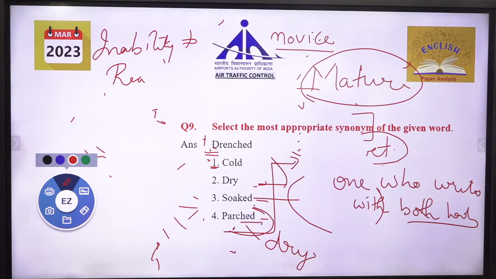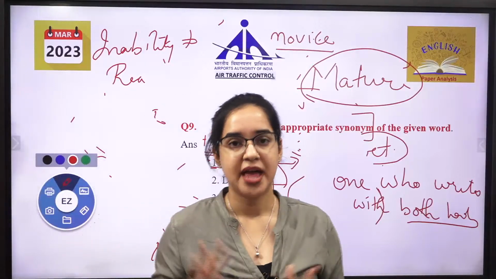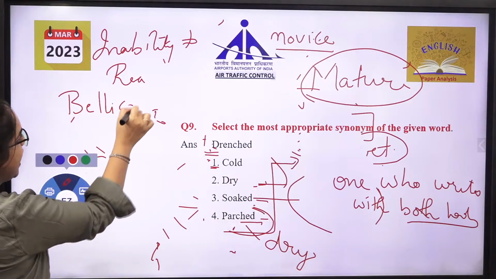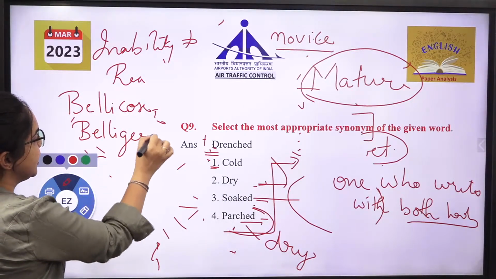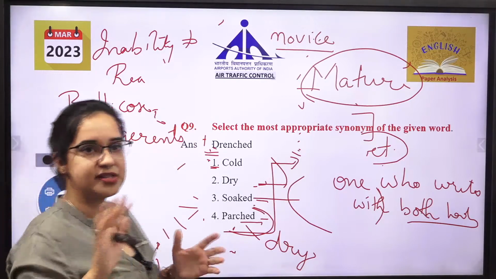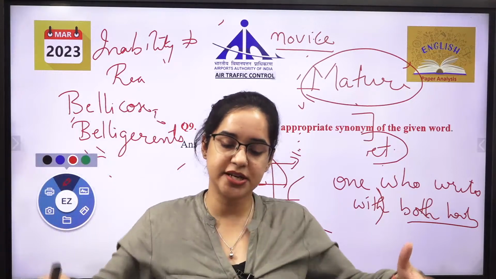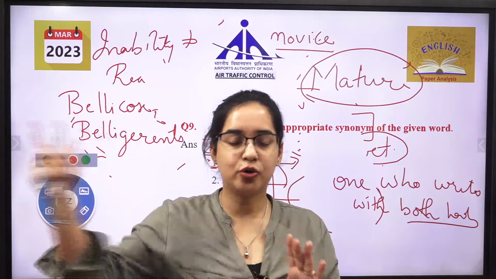Okay, let me ask you one last word, then we can move to the next one and discuss more of it. I'll ask you a very easy one. Two words which are related to present situations. I'm going to give you two words: one is bellicose and the other is belligerents. If you know Punjabi, you understand belly. Sometimes you are sitting in a room and you are very angry, and the teacher stops you: do not fight or go out and fight.